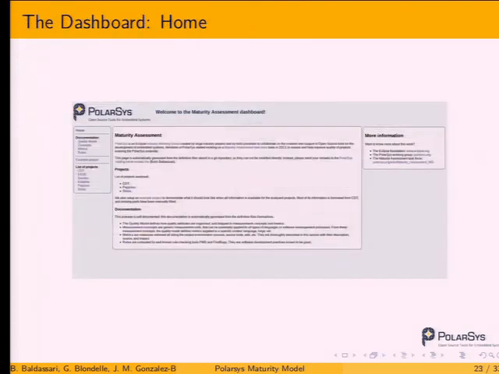So this is what it looks like. This is the home page of the dashboard. On the left, you have a menu. The first thing is the documentation, because it's really important for people to understand what we are doing, so they can really get a lot of benefits from it. Then we have a few example projects that we selected as samples to demonstrate what we want. And generally, you have a box on the right which gives more information, allows you to download the data, and so on.